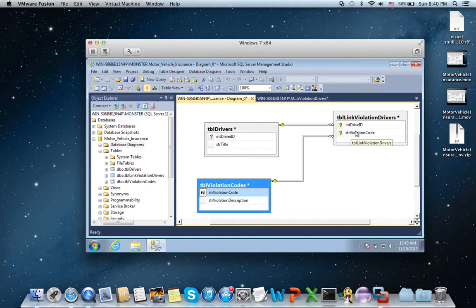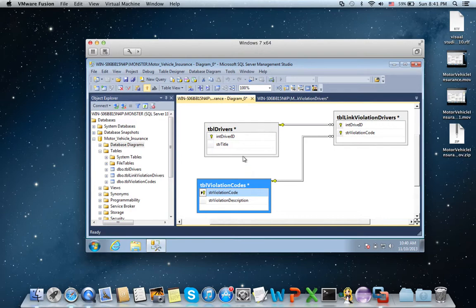Okay then, now we are ready to insert rows for these three tables. I emphasize that when you start inserting rows, first you will insert rows for the drivers and the violation codes. And then you will insert rows for this one. And for any insertion you do here, make sure that the values exist here and here.